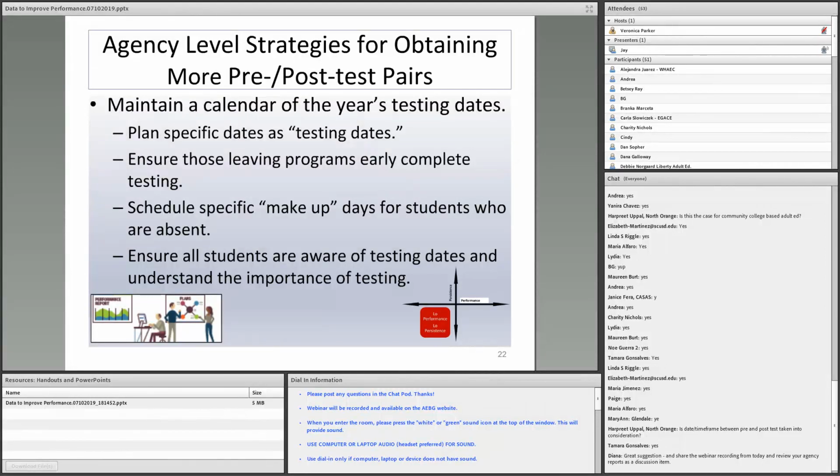Okay, so then again, what I just said: plan out the testing dates, make up days for students who are absent, make those contingencies for students that are mysteriously absent from testing and/or leave the program early. And then a good thing is to build that into orientation, make sure students know when to test,